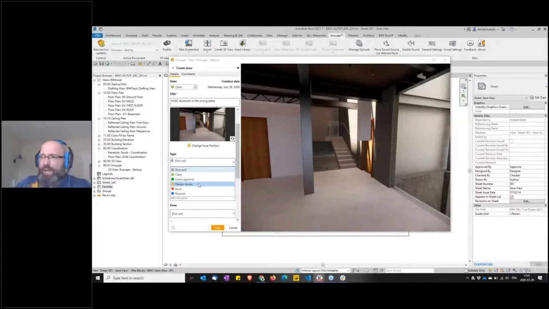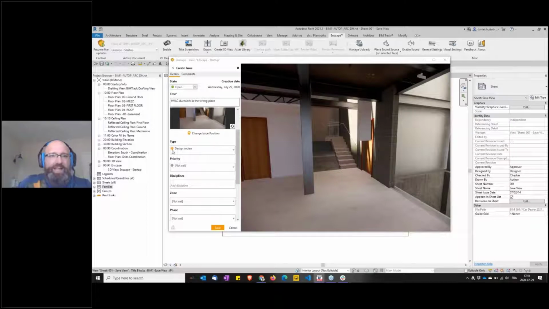And since we got Enscape, this is something we started doing. We added a BIMTrack type called design review. So we know exactly those types. Carl will show later, but we're able to filter down issues in BIMTrack very easily. So we create a new type called design review, so I know this is coming from a design review meeting. This is kind of critical.